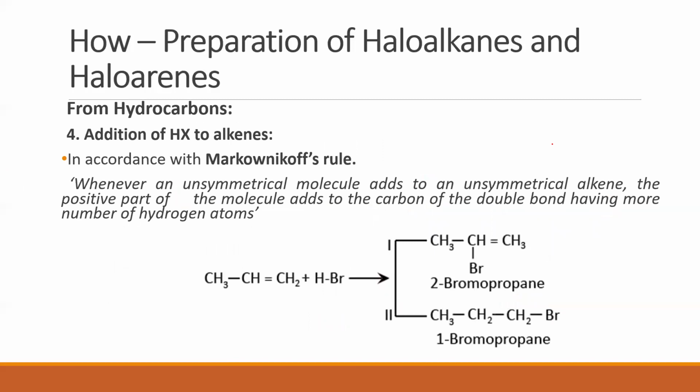This is also one more reaction that you studied last year. Addition of hydrogen halide to alkenes. Remember this reaction? I know some of you remember it, most of you would have forgotten it. Alkenes are compounds which have a double bond. We can add HX. HX is a hydrogen halide. A hydrogen halide adds to an alkene to give us an alkyl halide.